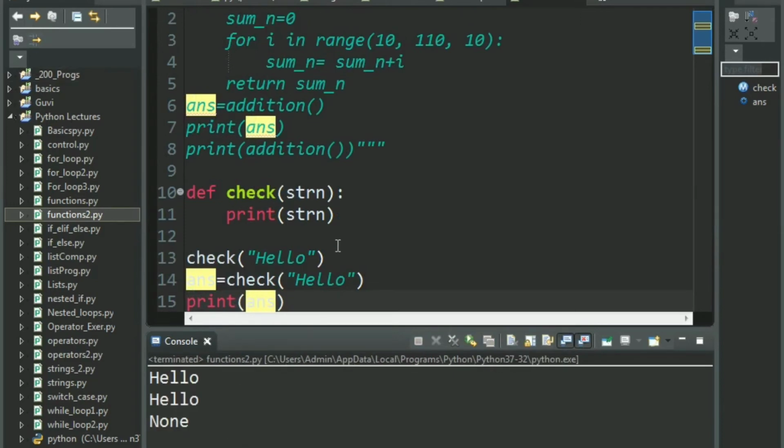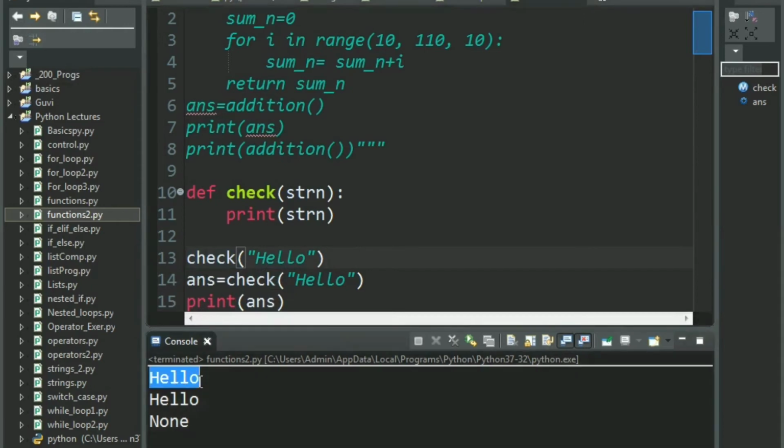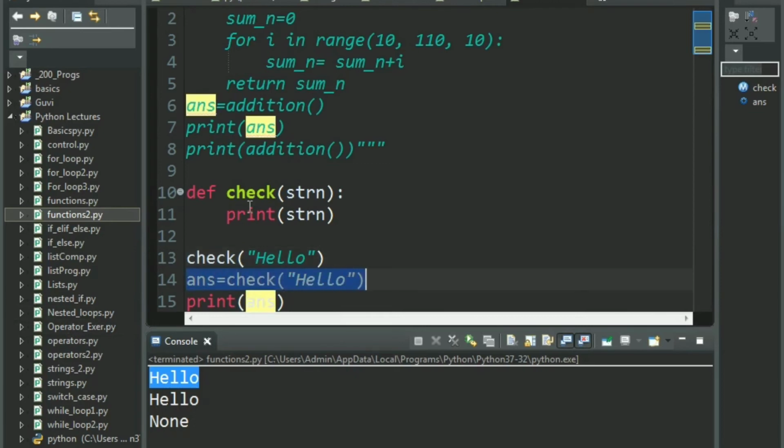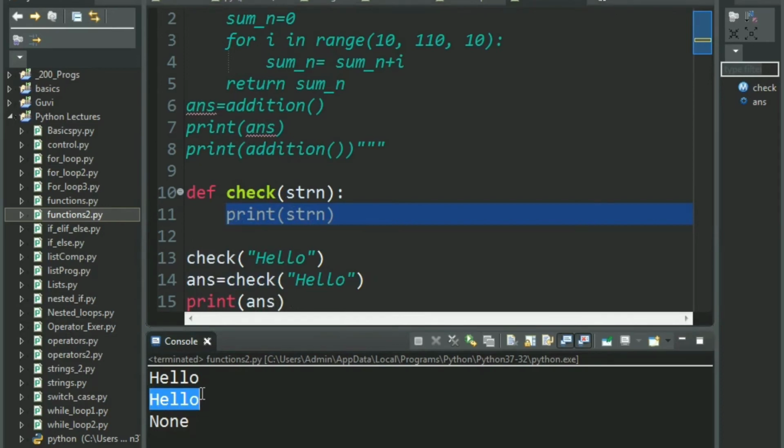There you go. Let's see what's happening. The first check, this one that you called, it went and printed hello. Okay, this is our first print statement. The second print statement happens when you call this check function, and inside the check function you have this print statement. So the second print statement gets executed and gives us hello.